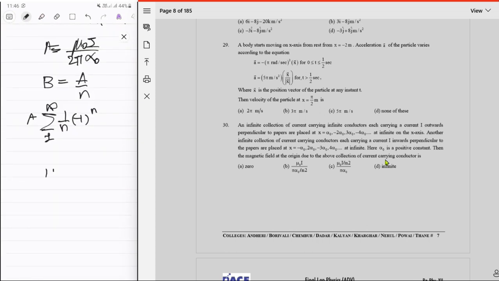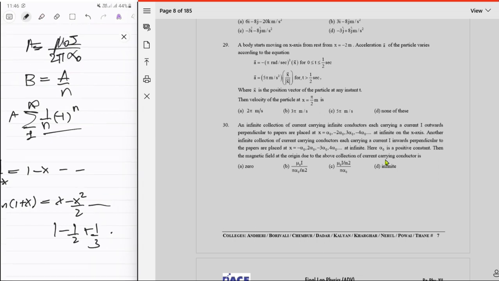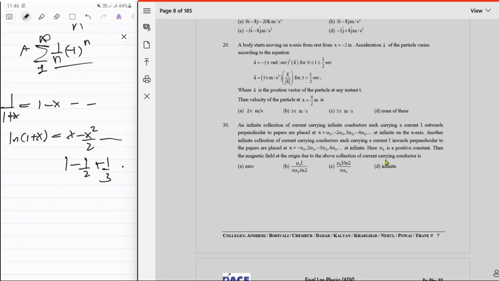That's the thing. We have seen this actually. So, you know, 1 minus x plus x square, and so on, is equal to 1 upon 1 plus x. Okay, 1 plus x, what is its integration? Natural log of 1 plus x is equal to x minus x square upon 2, whatever it is, you get the thing. Just put 1 in there, just get 1 minus 1 upon 2 plus 1 upon 3, keep going. Which is exactly what this thing is, except you have made it negative, this whole thing. Because yeah, that looks like the thing. So it is the natural log of 2 but in negative version, right? You only have to look at the magnitude anyway. Okay, right. So it will be natural log of 2 that comes here, and that's